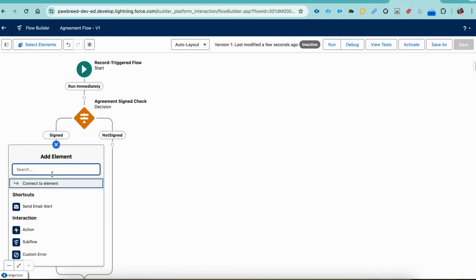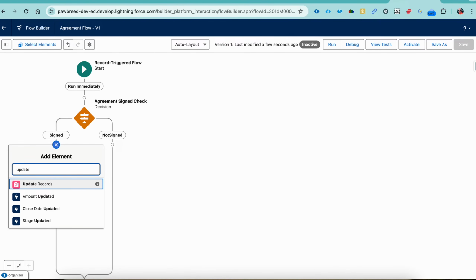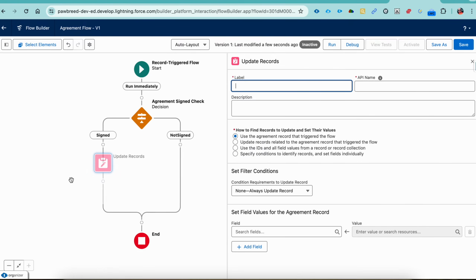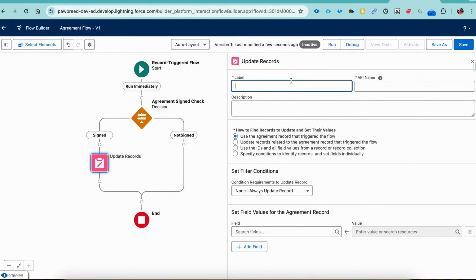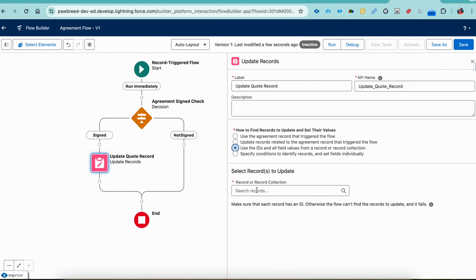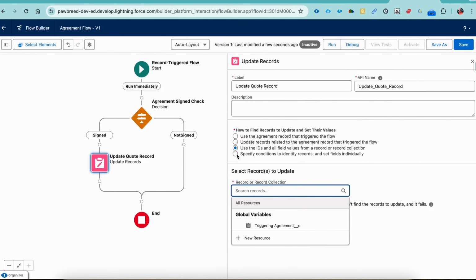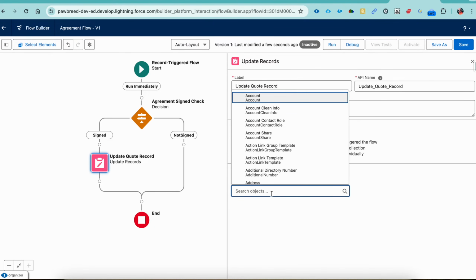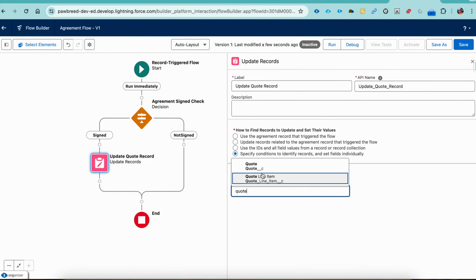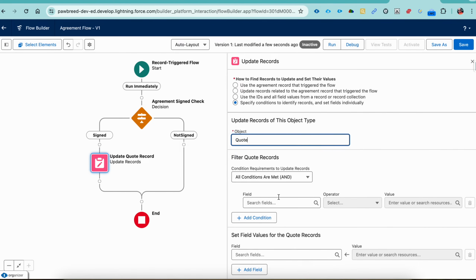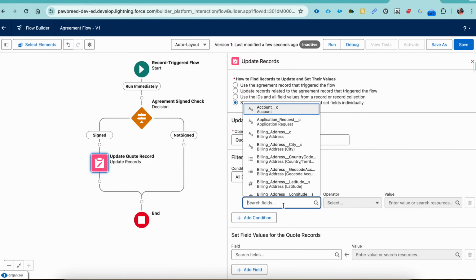Now after signed, we have to update. What do we have to update? We have to update the quote status. So update quote record. In this update quote record, we are going to choose specify conditions or record collections. We are going to update the quote. So first we are going to update the quote, and the quote basis of what? First we have to search for the